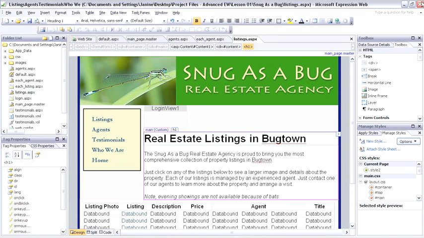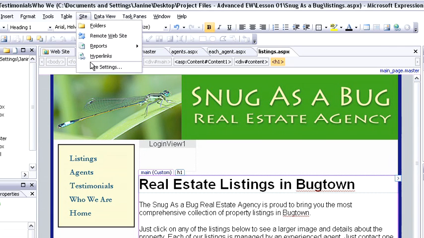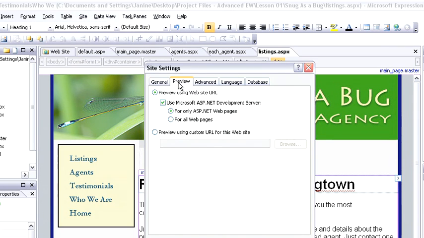The first thing you need to do is make sure that you have Microsoft ASP.NET Development Server set up, or you won't be able to display the ASP.NET pages we'll be creating. If you've been trying to follow along already and they haven't been displaying properly, this should solve your problem. You want to choose Site, Site Settings, and under the Preview tab, you want to make sure there's a check mark in the Use Microsoft